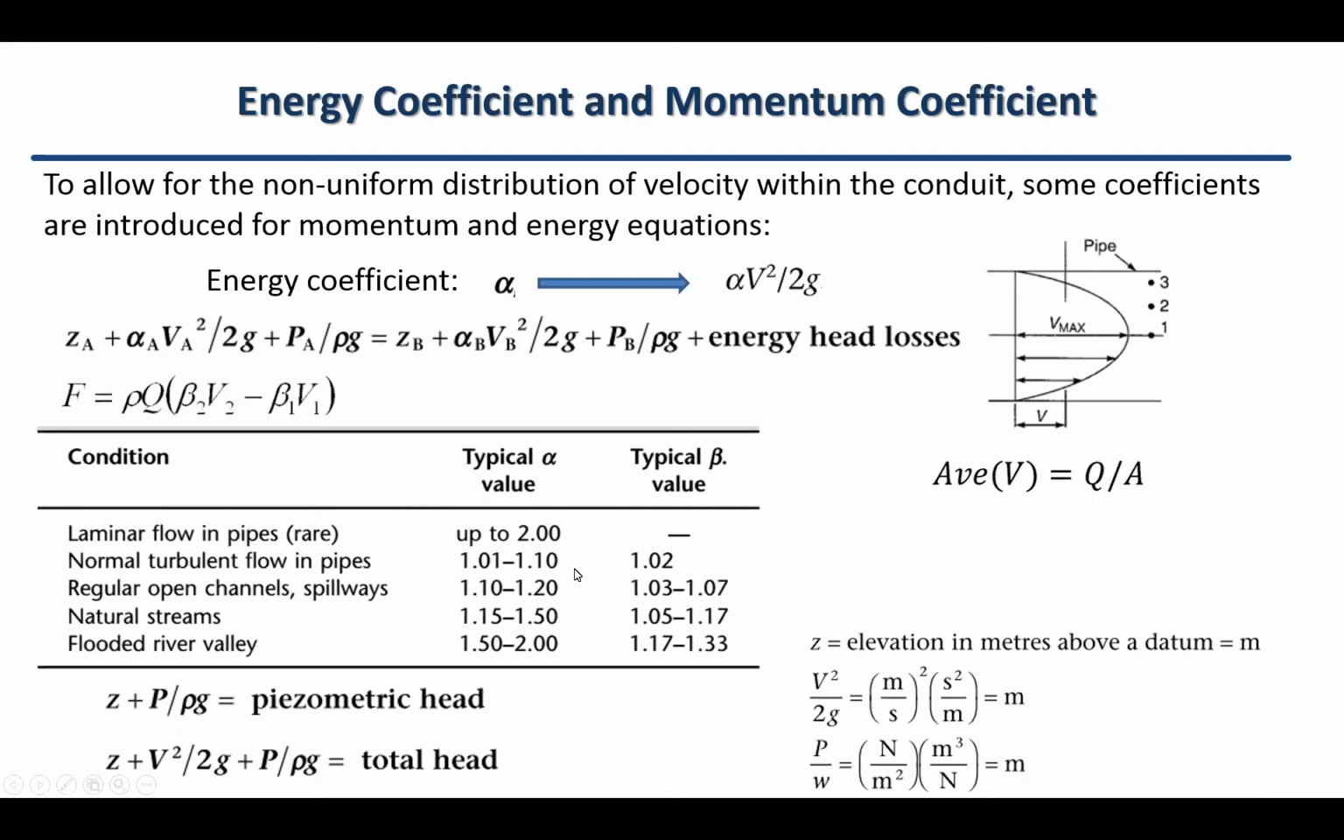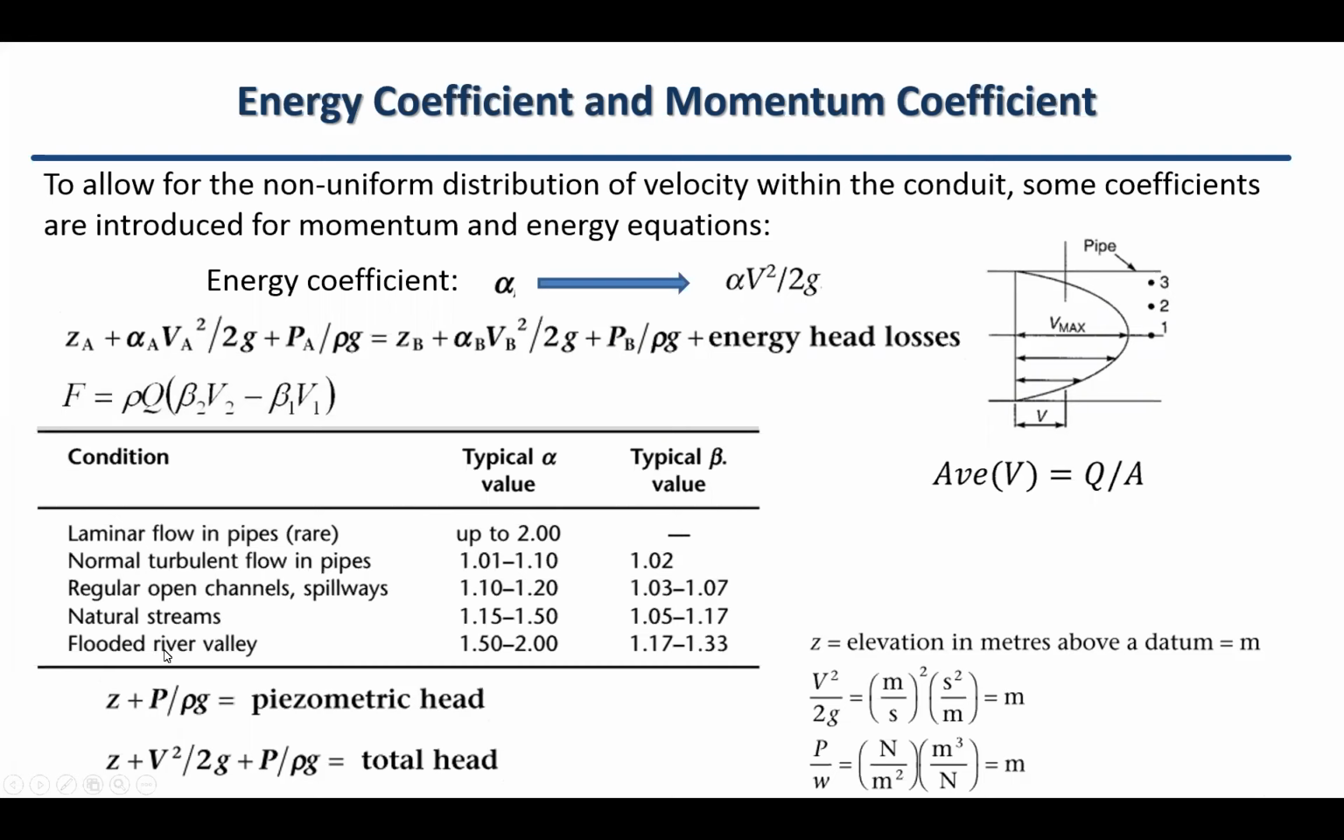If it's different types of flow regime, for example normal, laminar, or turbulent, we just have different values for this coefficient alpha. And we have the same for beta, applied to the momentum equation. Both coefficients vary between 1 and 2, specifically alpha. Beta changes less, between 1 and 1.33, the maximum